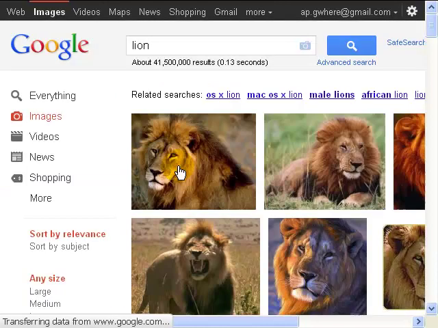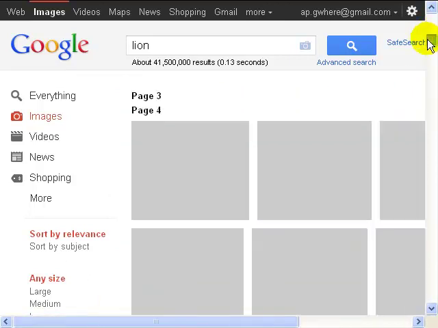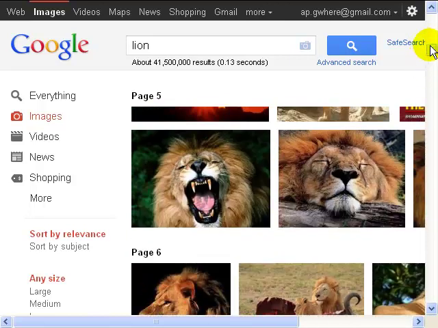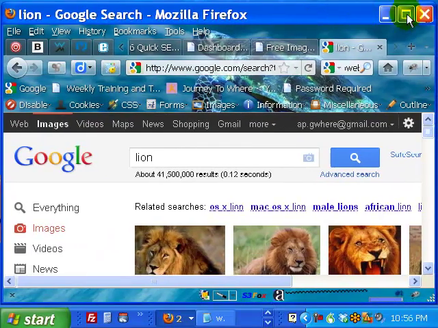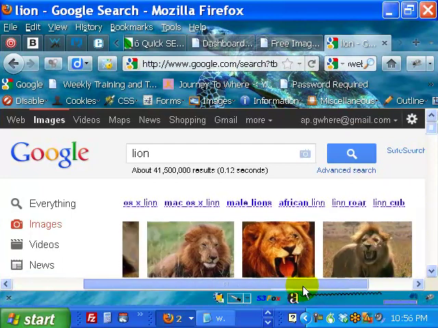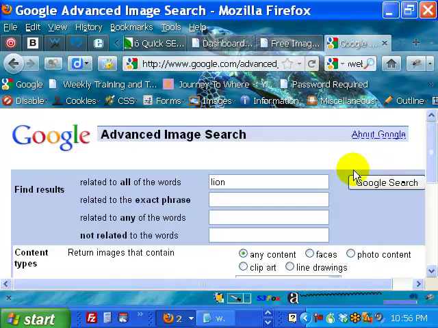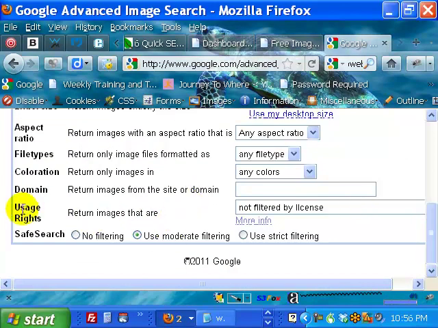if I just type in lion, these are pictures that I can't just use just because I want to. Okay, if you want to find pictures that you can use from Google, now if you must use Google to search for images, let me show you how to do it and not risk getting sued. Okay, so we want to click on advanced search, and if you scroll down to the licensing, usage rights, return